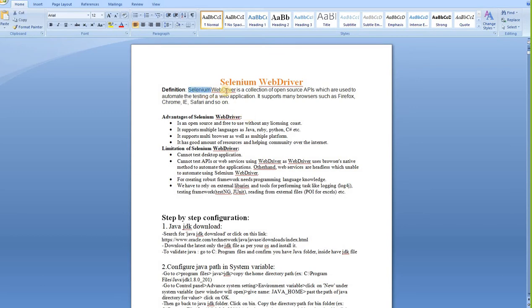Selenium WebDriver is a collection of open source APIs. Since every browser has a different driver, all together it's called Selenium WebDriver. A lot of people make a mistake. They say Selenium WebDriver is a tool. It's not a tool. It's an API. It means